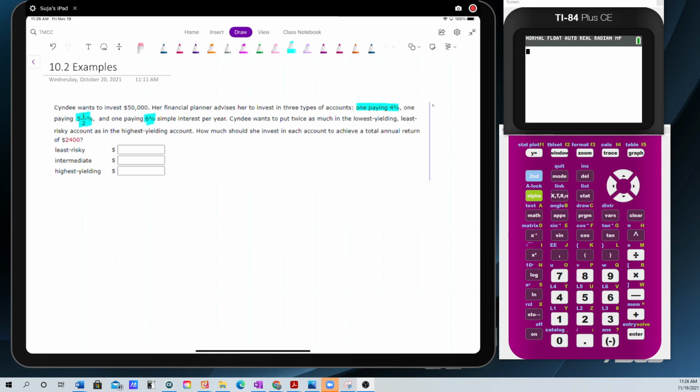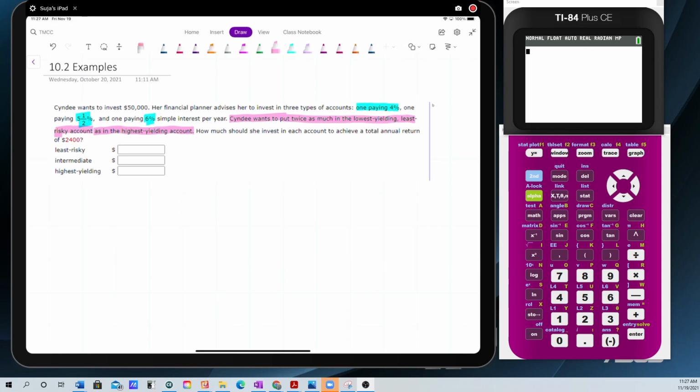Okay, so this is something Cindy wants to put. Cindy wants to put twice as much money in the lowest yielding, least risky account as in the highest yielding account. So this particular sentence that I highlighted in pink is going to give you one of the equations. But before that, first we need to decide which one is going to be the least risky account and which one would be the highest